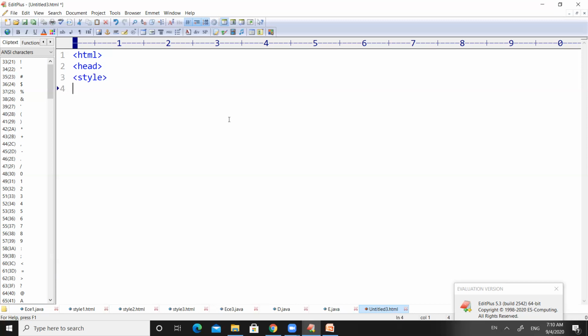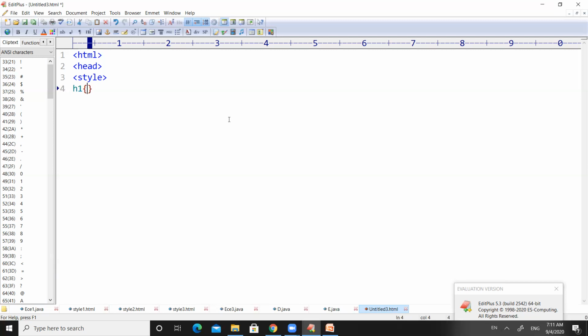So here I'm going to show what an element selector is. I'm going to select one element and apply some styles to it. For example, I want to select an element called H1. For this H1, I want to apply some styles.